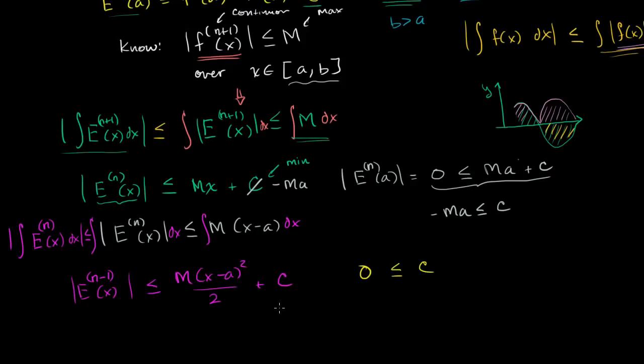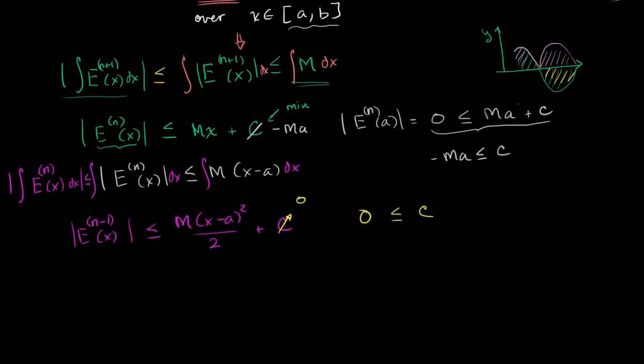Once again, we want to minimize our constant. We want to minimize our upper bound over here. So we want to pick the lowest possible c that meets our constraints. So the lowest possible c that meets our constraint is 0. And so the general idea here is that we can keep doing this. We can keep doing exactly what we're doing all the way